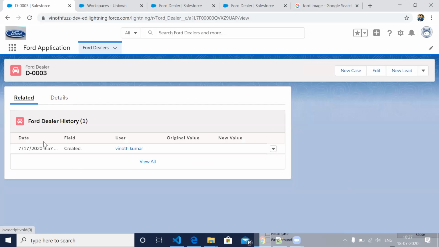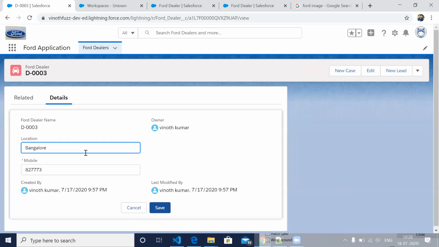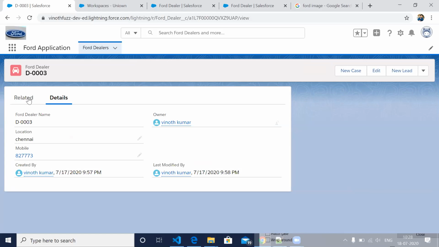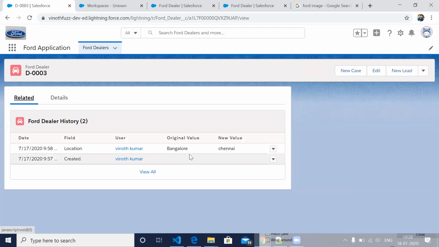See here, it will show. So if we change something, here it will show Chennai.